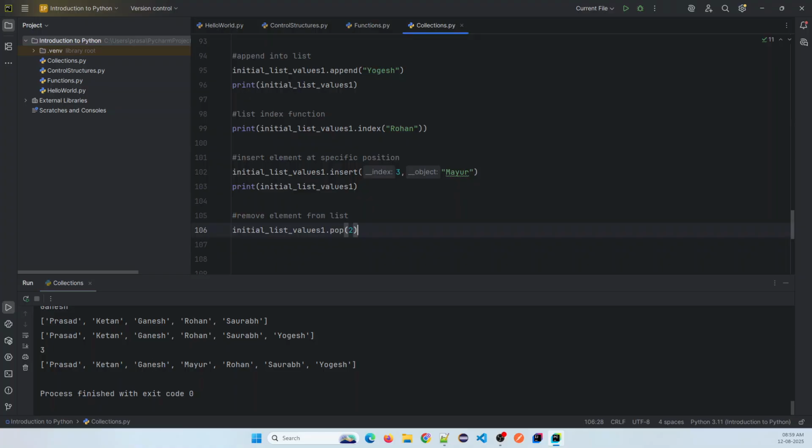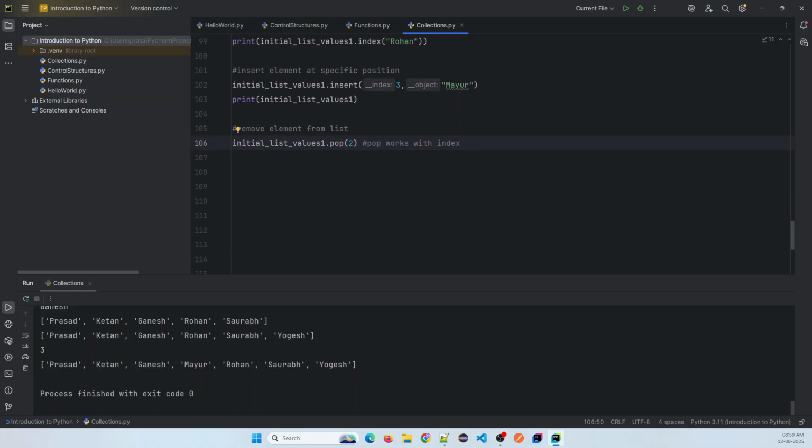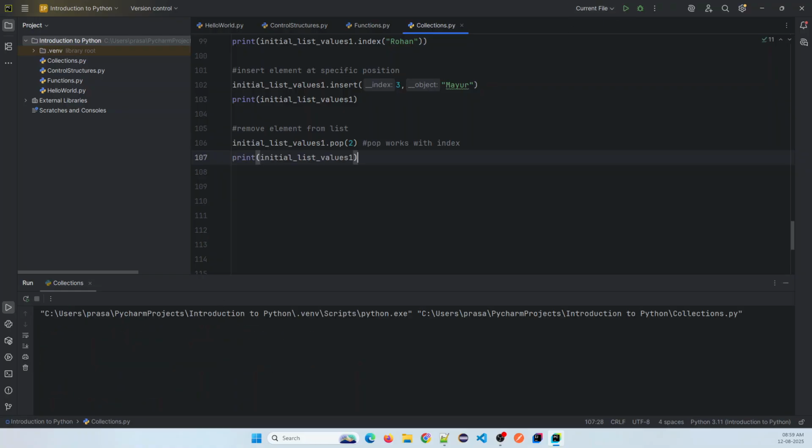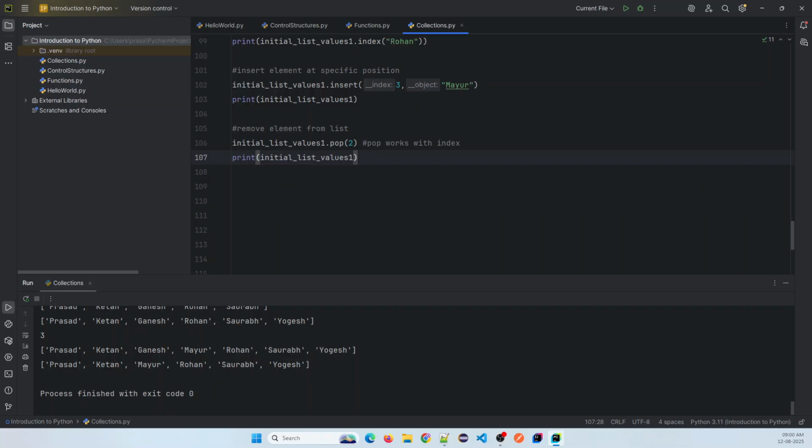Okay, so I'll just make a note of it. Pop works with index. Actually, I'm giving the index which I want to remove, and I'm going to print this list again here just to see the results. As you can see, that second index value has been removed from my list. Okay,